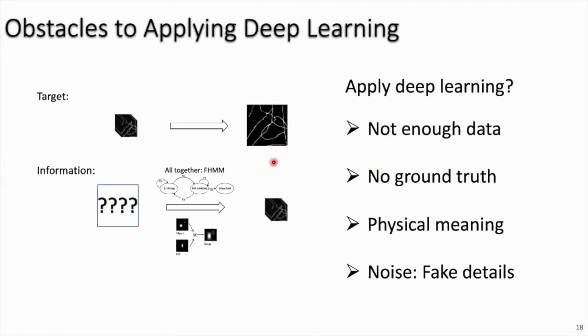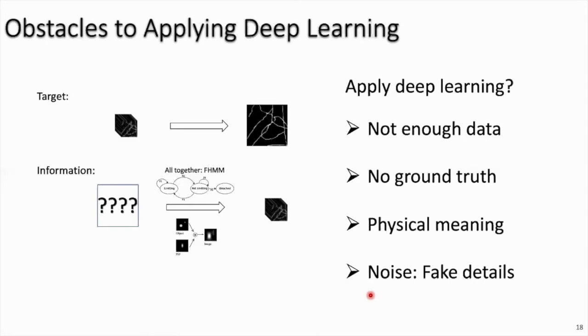Furthermore, we know that deep learning model is a black box model, while for this problem, we know clearly about the physical process behind it. If we train a black box model and give it to the biologists, they will never believe in it and they will never use it. Finally, we need to deal with some technical details such as noise. Then how can we resolve those limitations and obstacles?